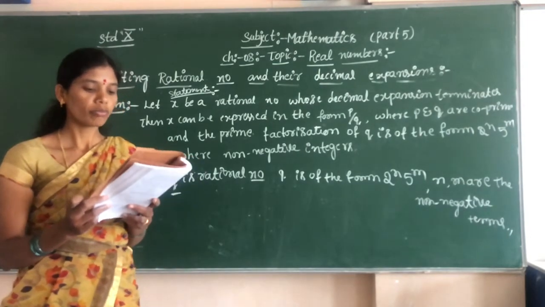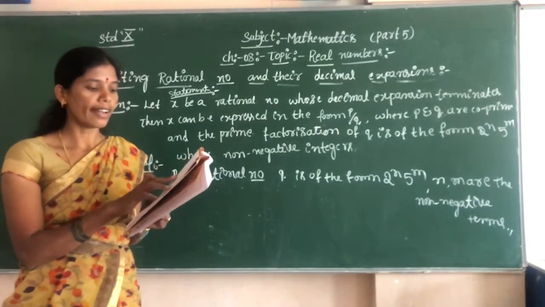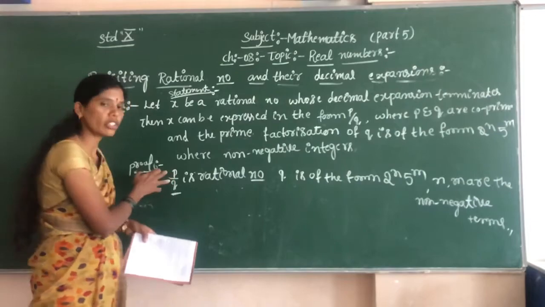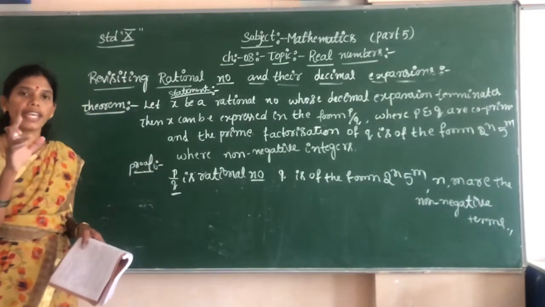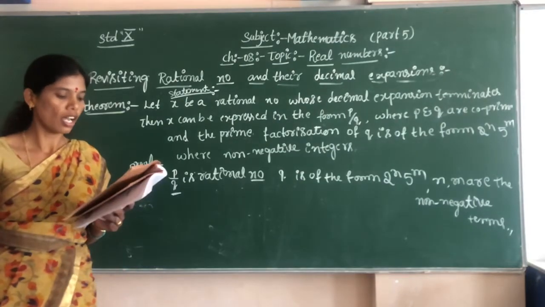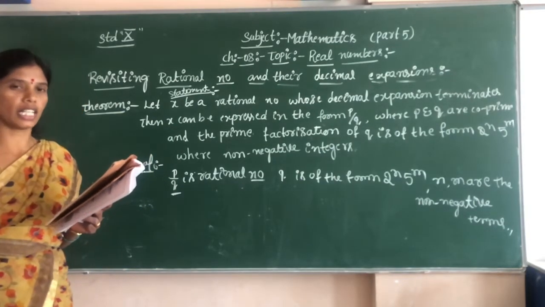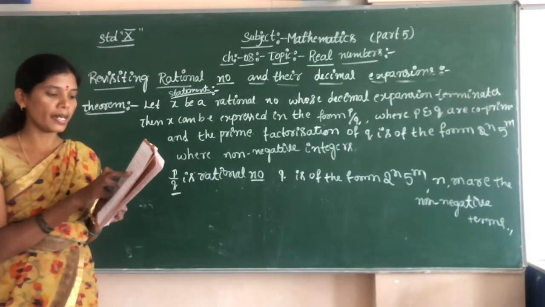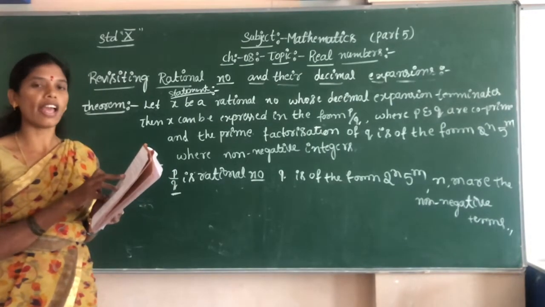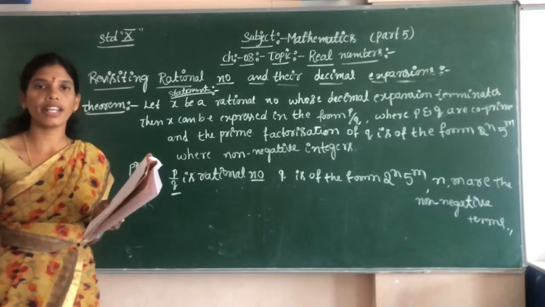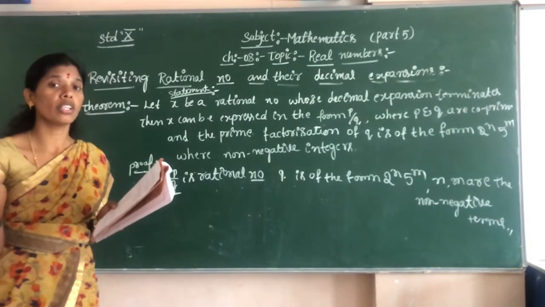Okay children, so you see a rational number is in the form of a by b. Have you got it? So you should not take only p by q, you should take a by b also. Integers, you can take any integers, where b is a power of 10. So the denominator b is a power of 10, and we get a terminating decimal expansion. Take 10, 100, 1000, and many more numbers.